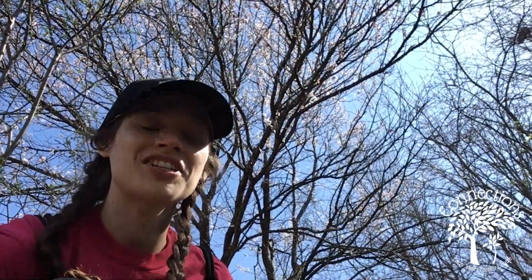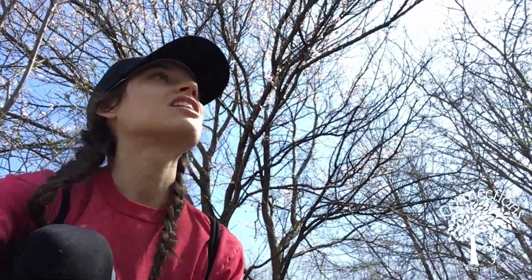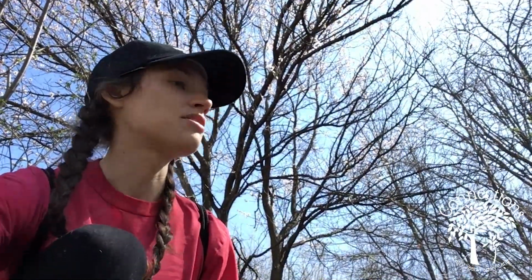For our second tree, we have one of my personal favorite local trees, and that is this beautiful flowering tree. It gives off these tiny little pink blossoms, just like this one, that actually don't have any scent at all, but they're quite pretty to look at. And this tree is maybe only 20 feet tall. Again, it's not really a habitat as far as I can see,